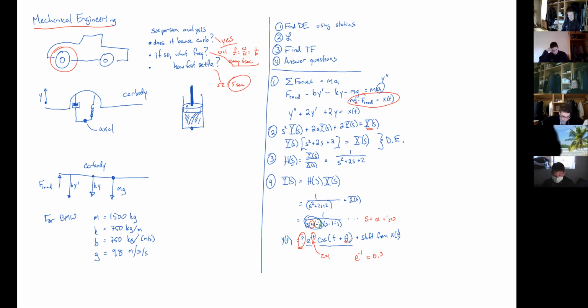So is this specific to every suspension, or is this universal? I know that the equation and the way that we went about solving it is, but in terms of the numbers that we produced from the equation itself, that's for the BMW, but the 5 seconds and the 6 seconds, that's specific to the BMW. That's only right, if you put in different values of M, K, B, G. But the point is that the way that we analyzed it is true for any